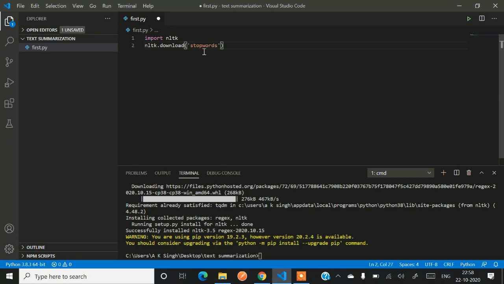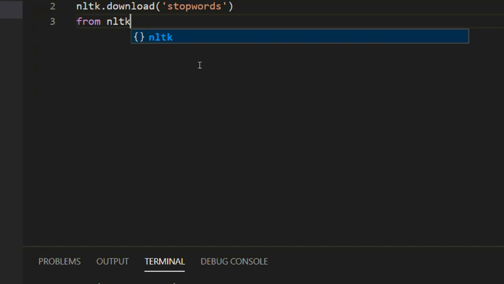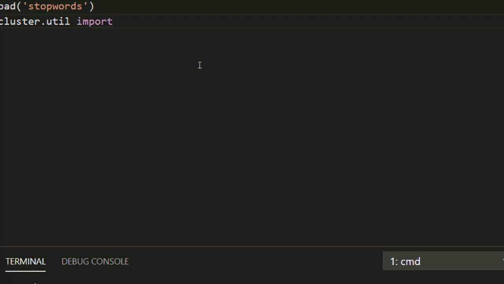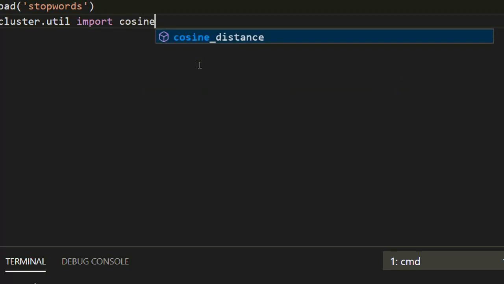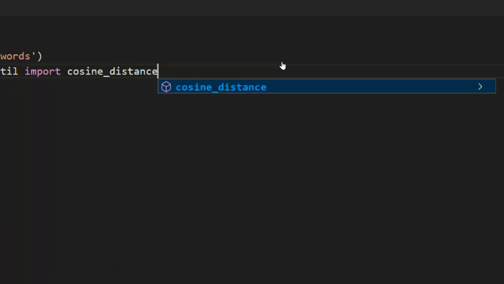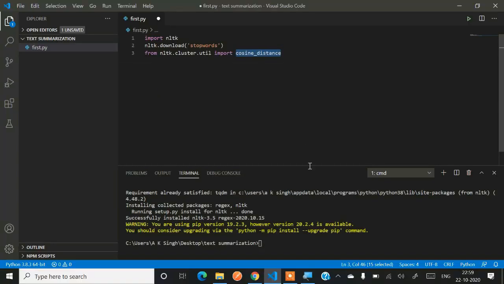Along with that, a very important function that we need is from nltk.cluster.util, and the very important function I am talking about is cosine distance. It is just to measure the similarity between two sentences. This particular function is available in the package nltk under the module cluster.util.